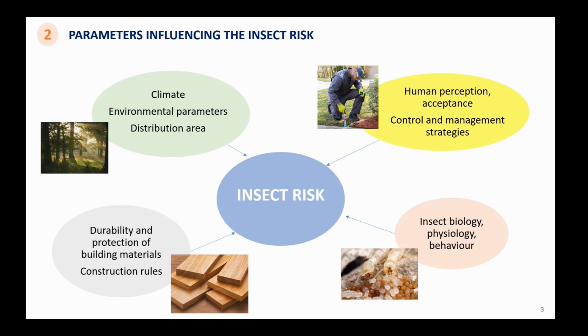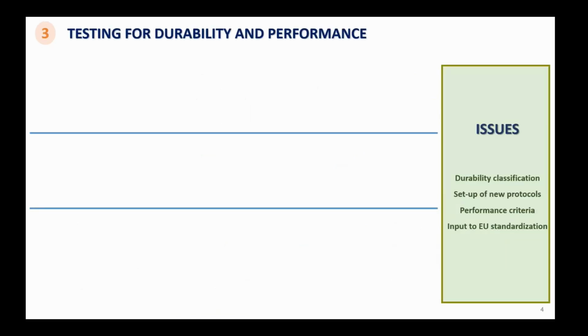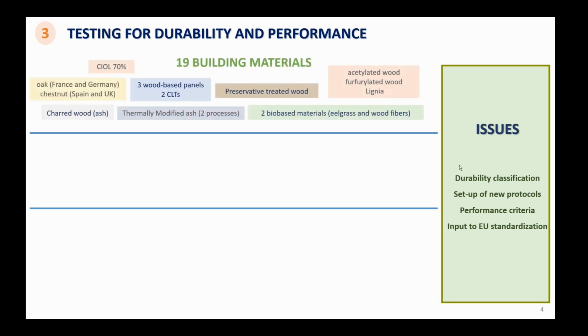Different experimental approaches, standardized or not, can be used to assess the inherent durability of wood and wood-based products against subterranean termites, including engineered products and modified wood, and also the efficacy of preservative products. In the case of performance, which can be defined as the ability to withstand degradation over time, we currently don't truly have one single recognized or standardized method, which means that our estimation of performance is mainly based on long-time experience and on the issues of field tests. We also lack performance criteria and predictive tools for service life of wooden elements when it comes to insect risk.